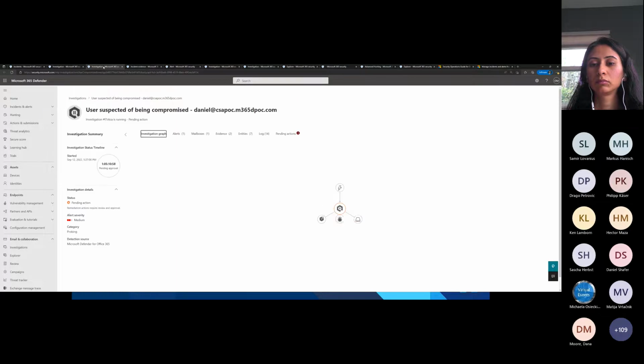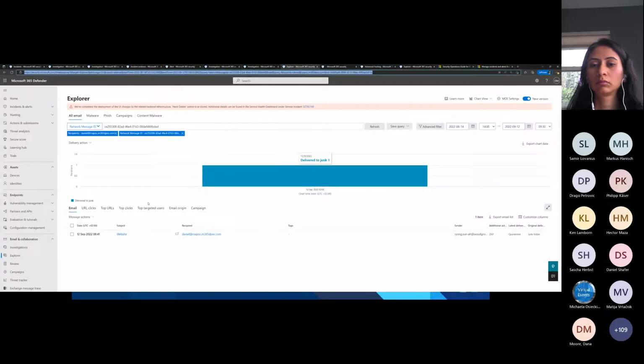There are other types of investigations which can be run by system alerts, but can also be triggered by a SOC analyst. There's a feature in Explorer where you can trigger automated investigation playbooks on pretty much any email you think is interesting. For example, I'll show you an email message here. You may want to investigate the message itself, or the sender or the recipient, if it's